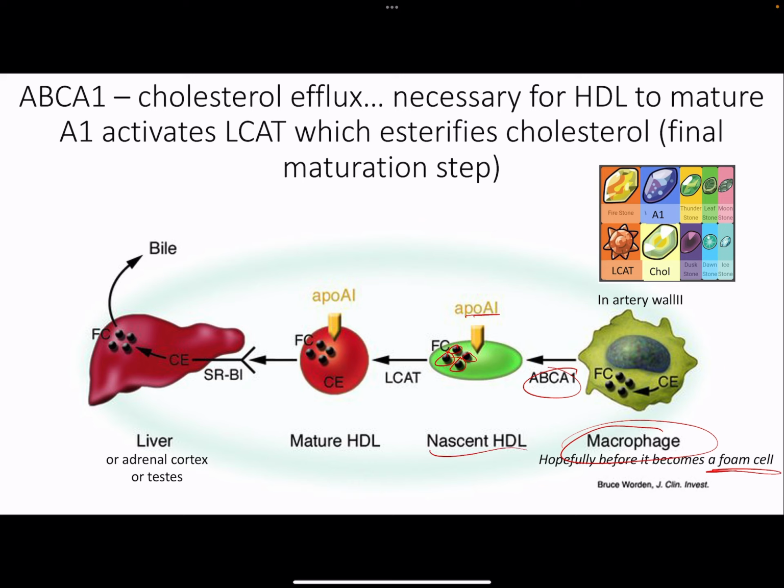A lot of this is part of the maturation process, I think, like the evolution of an HDL particle. So it binds the ABCA1, sucks up that cholesterol. The ApoA1 is now going to activate LCAT. LCAT's job is to turn a cholesterol, which is kind of on the outside because it's a little bit polar, into a cholesterol ester, which is buried deep on the inside of the HDL. The HDL now takes this to the liver, and boom, we make some bile,